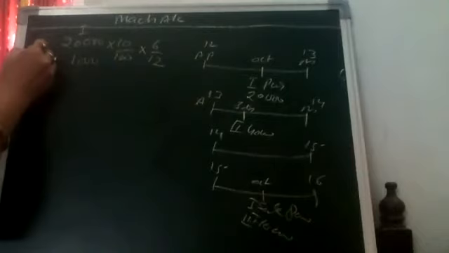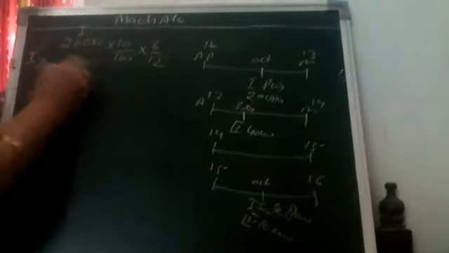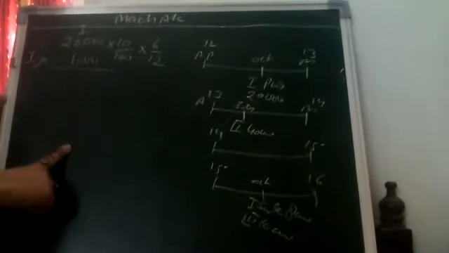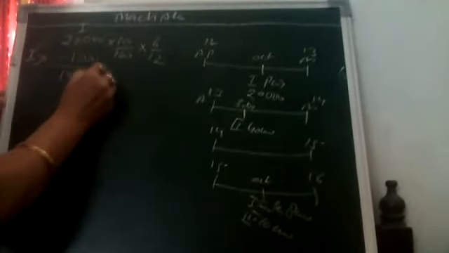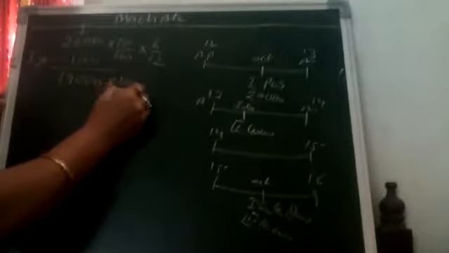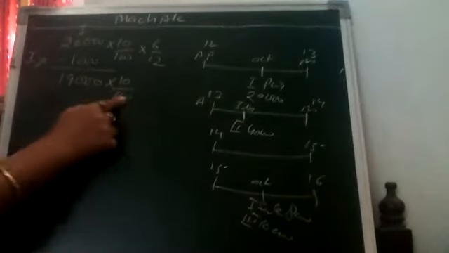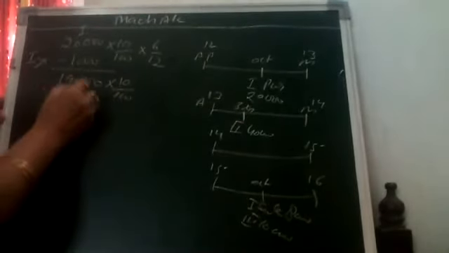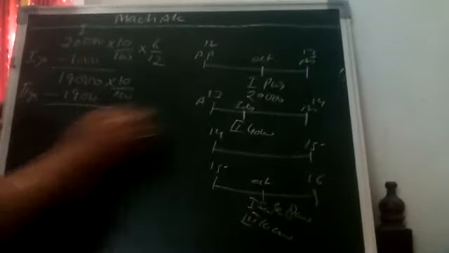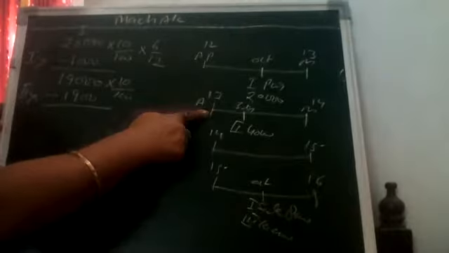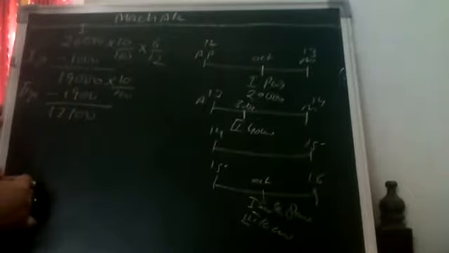So first year depreciation is 1,000. I'll do whole calculation here in just machinery account. I'll copy down. The balancing figure is 19,000. Again, we will charge for 10%, and it was purchased here. But in this year, whole year it will be used. So complete 10% we will follow. This is 1,900. Second year depreciation it is. Second year depreciation charged on first machine is 1,900. So the balancing figure is 17,100.